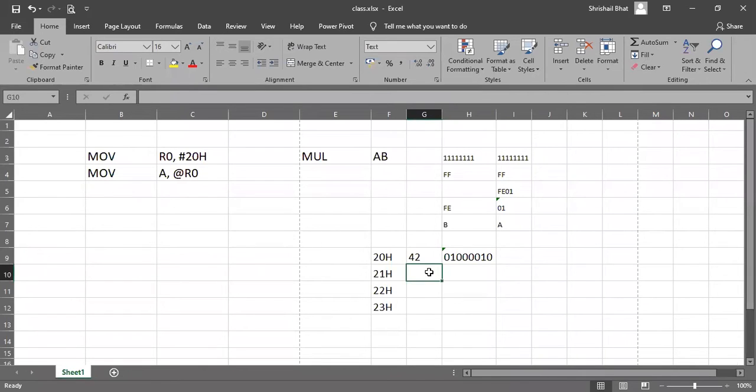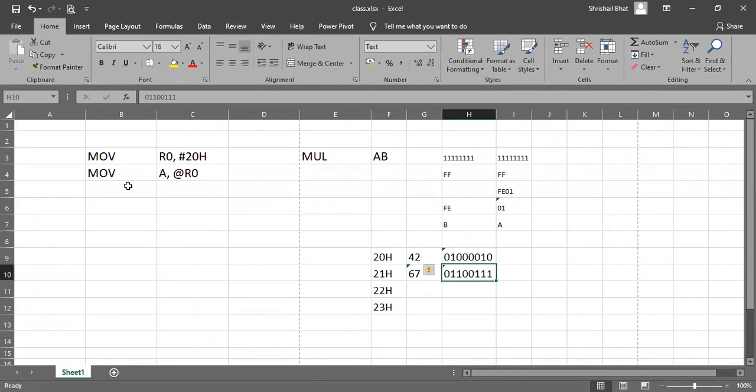Then we will have 21 and another number, say, no, we will take some odd number, 67. This 67 in binary will be 0110 0111. Even if you do not write this binary, it's fine. It's just to help you understand how it is stored in the memory location. It is stored in bits, right? 42 means 4 is 0100, 2 is 0010, so it's hexadecimal 42. And 67 is 0110, 0111.